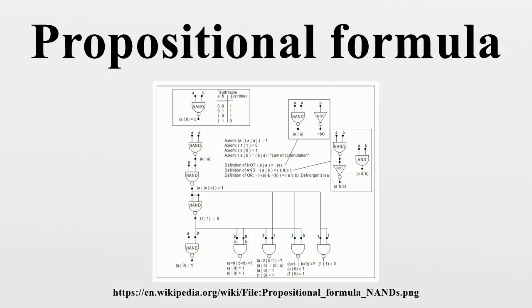A propositional formula is constructed from simple propositions, such as "5 is greater than 3", or propositional variables such as p and q, using connectives such as not, and, or, and implies. For example, p implies q. In mathematics, a propositional formula is often more briefly referred to as a proposition, but, more precisely,